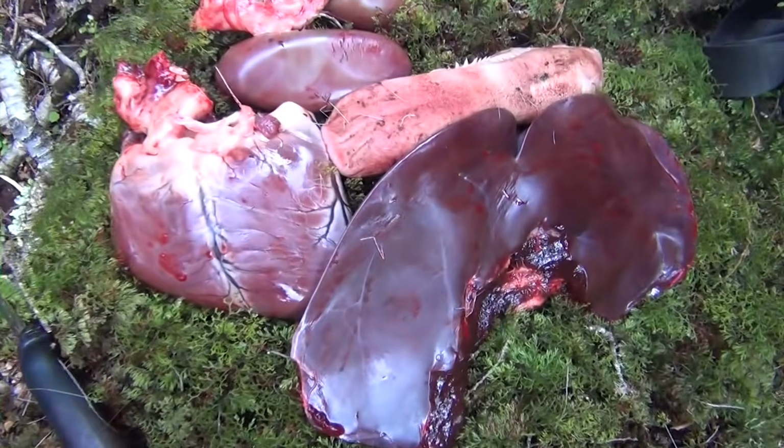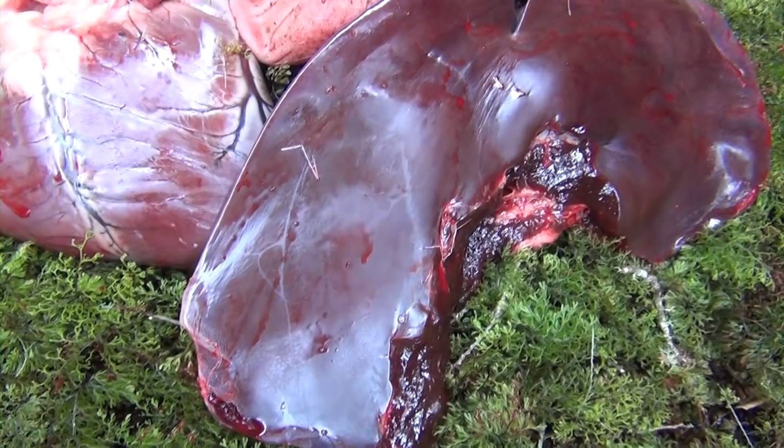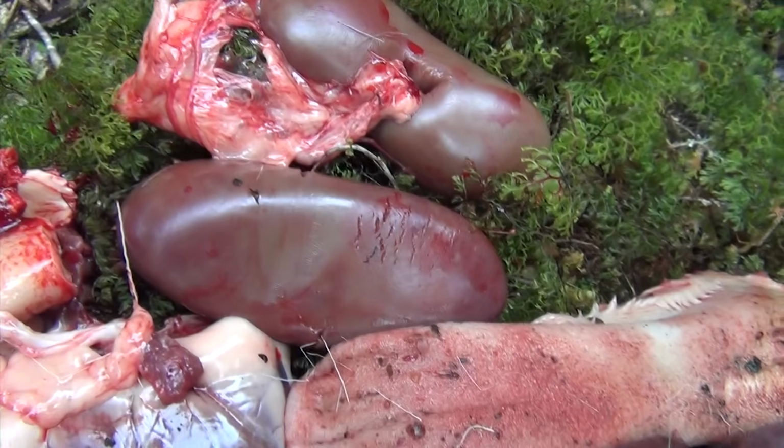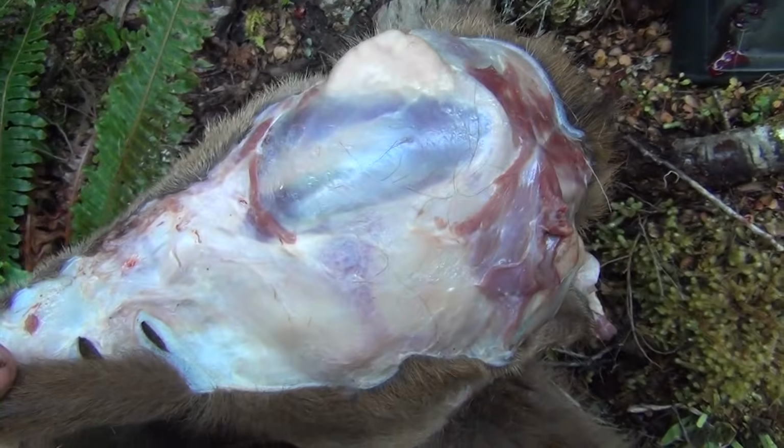Right, so we got the best bits here so far. A nice big bit of liver, heart, tongue, kidneys, and I'm just getting the brain out now. Right, so that's all that work done. Got the meat that we're going to eat for dinner and breakfast tomorrow. I've hung up the rest of the deer there,